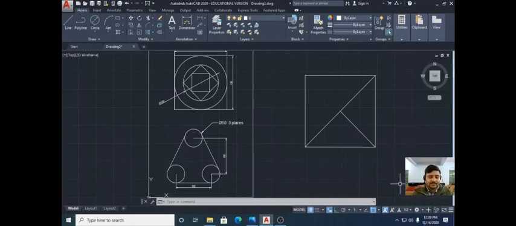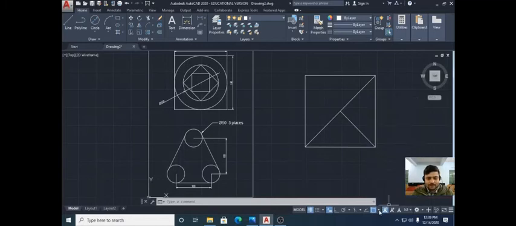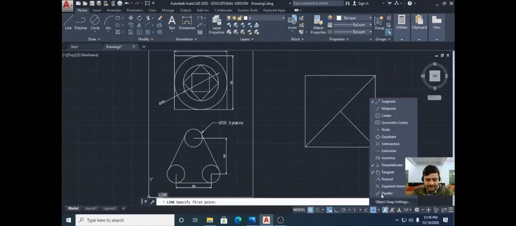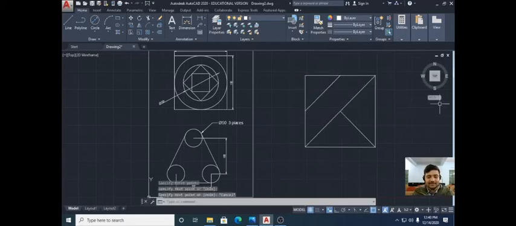Now if somebody asks you to make a line from the midpoint of this square, you can see that no midpoint is showing. If you click anywhere, it will come onto the endpoint only. So what you have to do is mark the midpoint option in the object snap, click anywhere on the screen, and this small green circle that appears shows you the midpoint, and you can make the line using the midpoint. How easily we have made this figure.